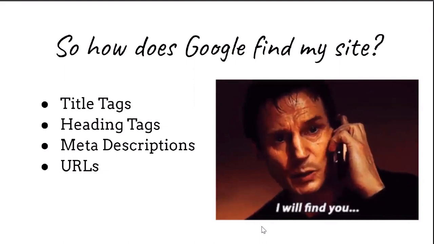H2s will be the main headings throughout your pages. There will usually be a few H2s, and they should give a descriptive overview of the outline of the contents on your page. H3s are typically your subheadings under one of your main headings. H4s, 5s, and 6s are not used nearly as often as H3s and H2s, and definitely not as often as H1s because everything has an H1. So you don't need to have your keyword in the H2, H3 headings, but these headings should reflect relevant supporting content to create the perfect answers to your keyword.